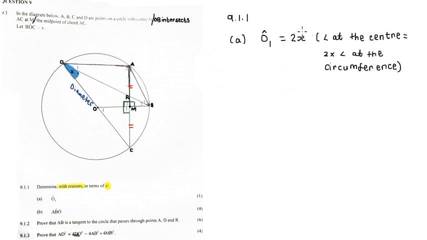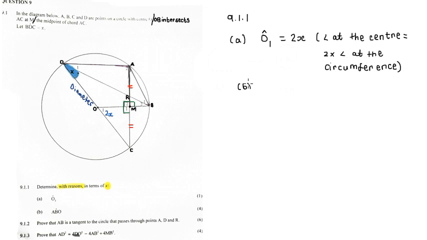Okay, so now once you've actually figured out something, another good practice is to use a different color and put it onto the diagram. Right? So now we know that angle O1 is 2x. Okay. All right, so next